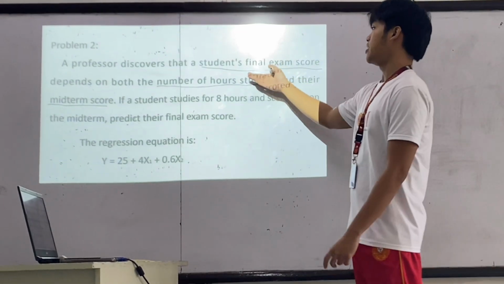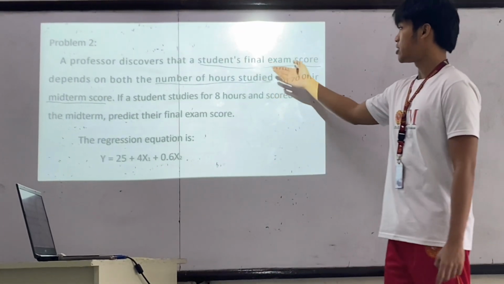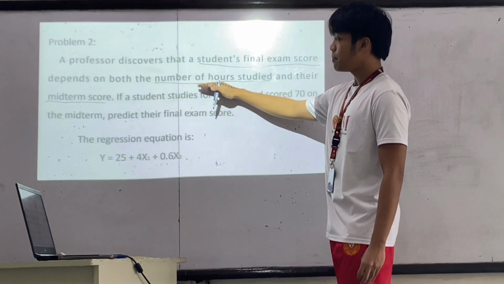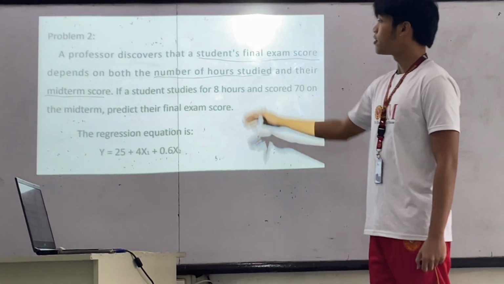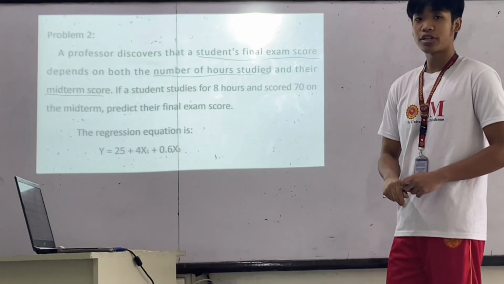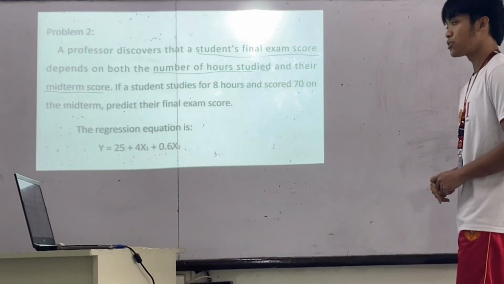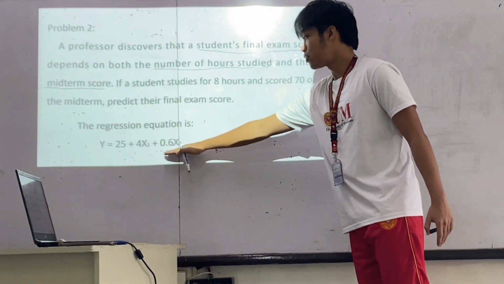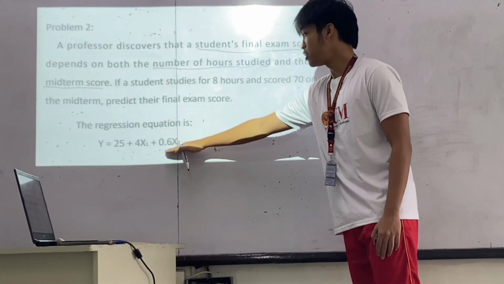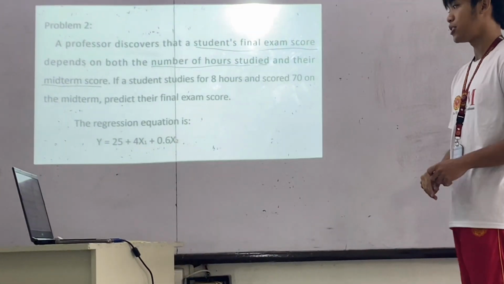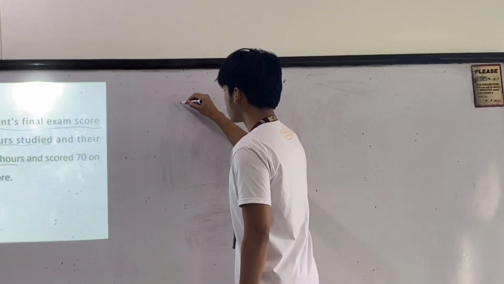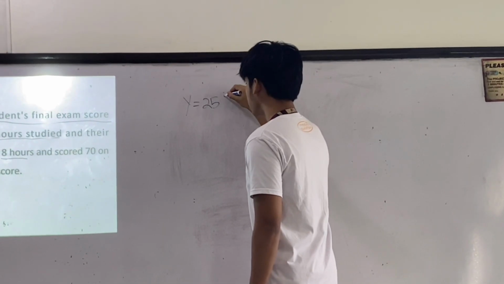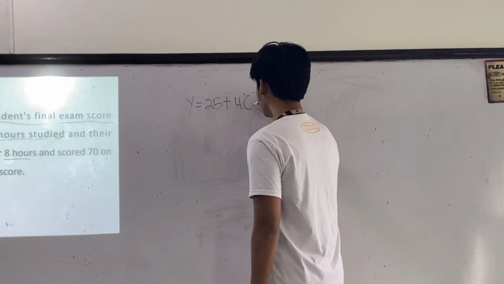So we have here the dependent variable, which is the final exam score, with the independent variables, which are the number of hours studied and their midterm score. Since the problem has two independent variables, the equation has one more independent variable in the equation. So the equation is y equals 25 plus 4x sub 1